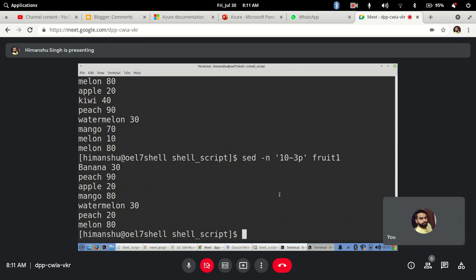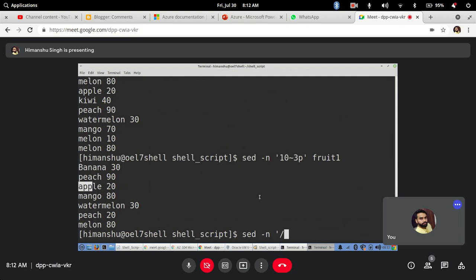Now let's say you want to match a particular line that starts with particular content. Let's say I want to find the line that starts with APP, wherever the line starts with APP. So what we will do is sed again hyphen n, then give a single quote and forward slash, and now we give the pattern.